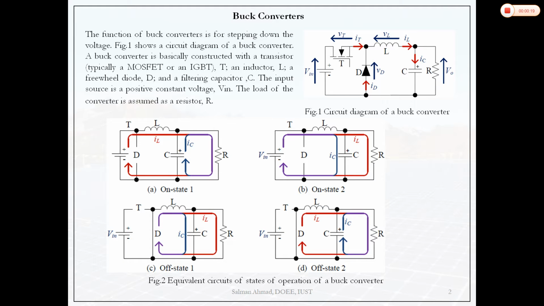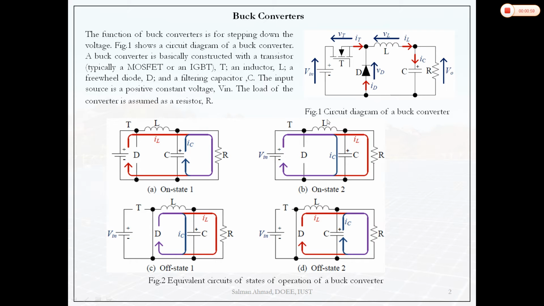So as I discussed in the last class, for constructing any DC-DC converter, we require some kind of power electronic switches, that is controlled switches and uncontrolled switches, and also we require energy storing elements. We don't use any resistive element because it dissipates energy. One of the objectives is to design a DC-DC converter which is very efficient. Efficiency is the key point. For that reason we are not using any resistive element in constructing the DC-DC converter.